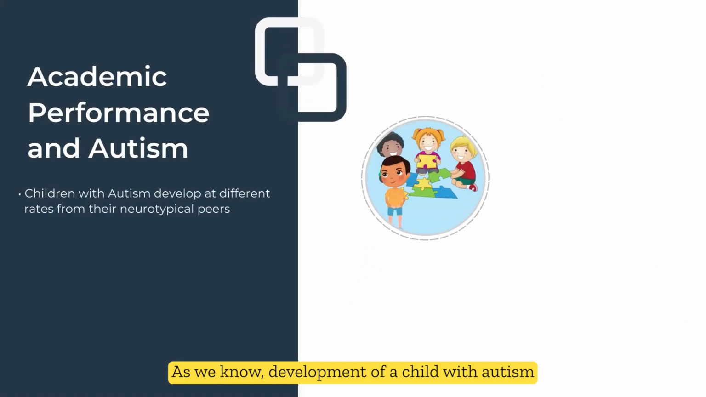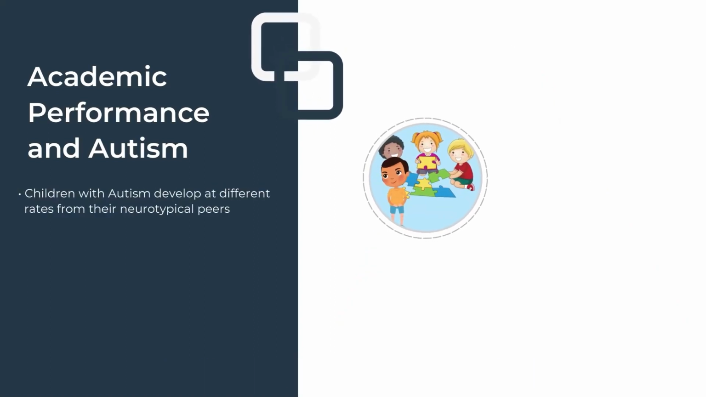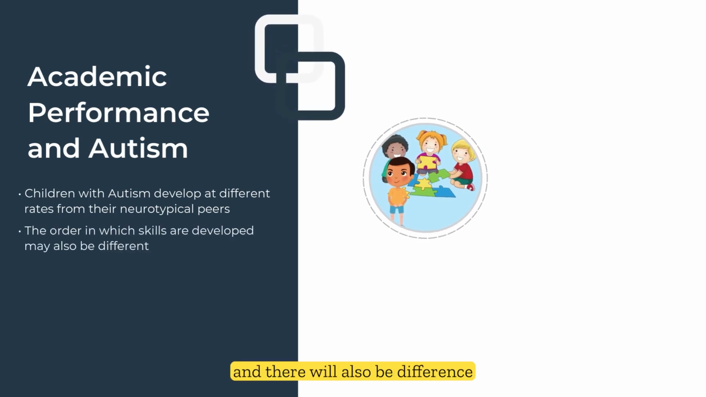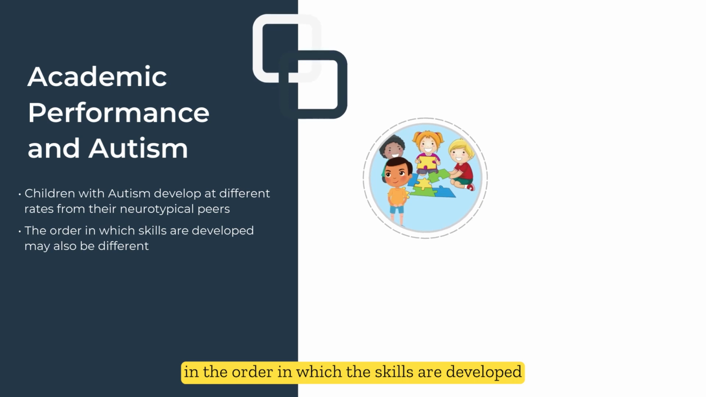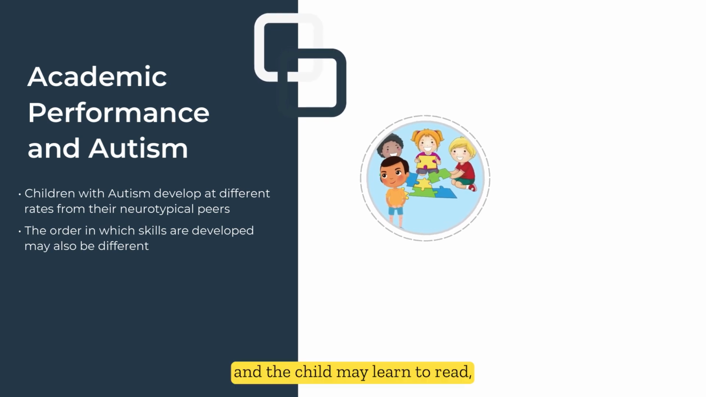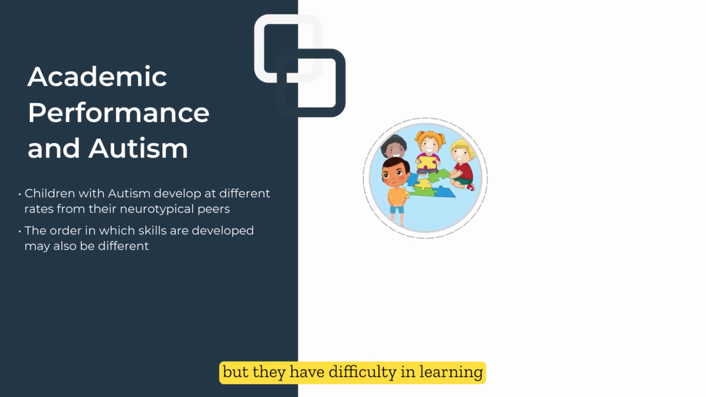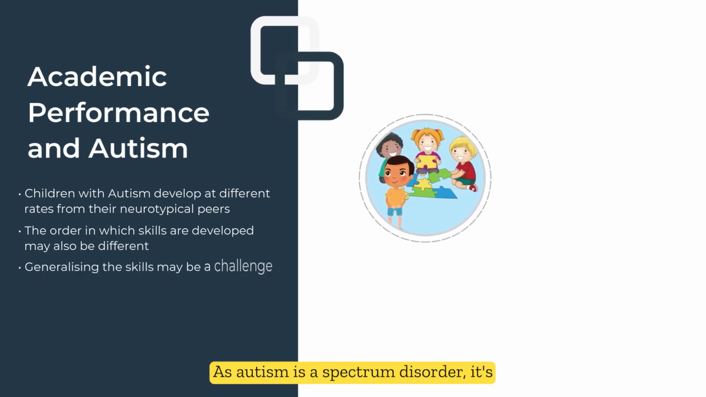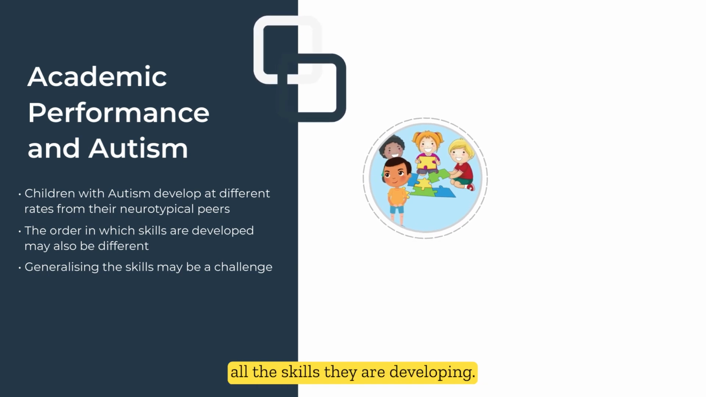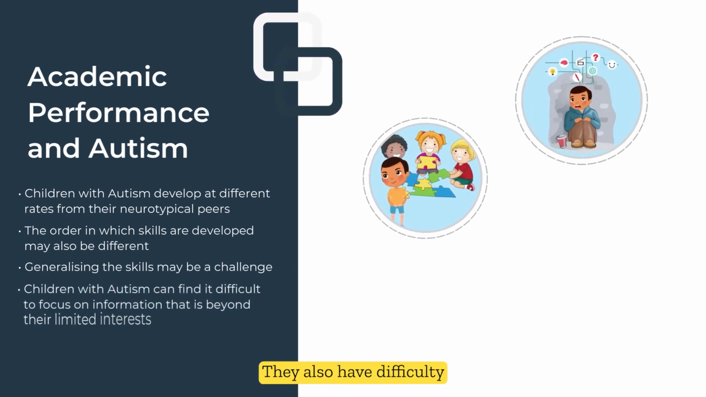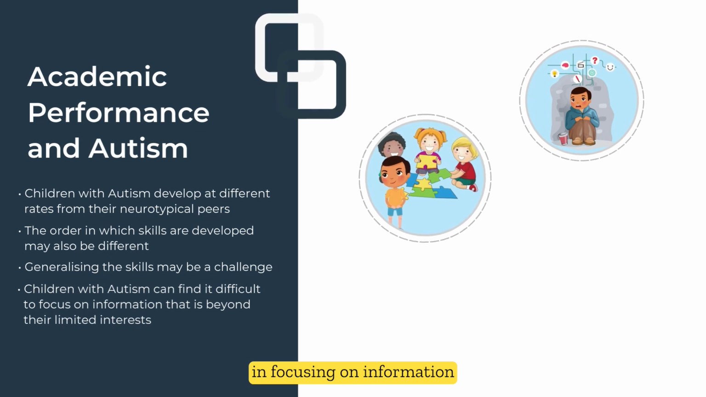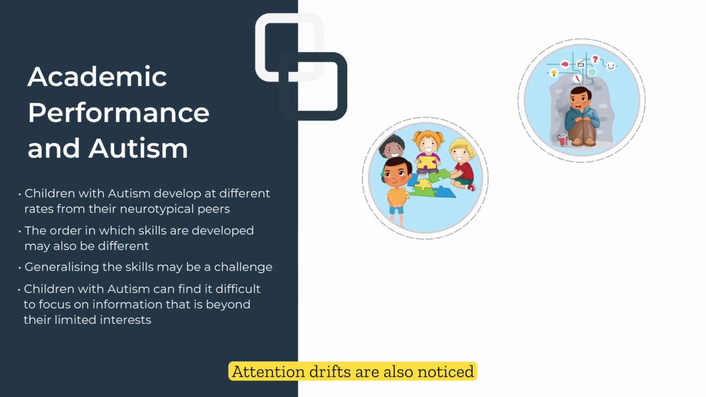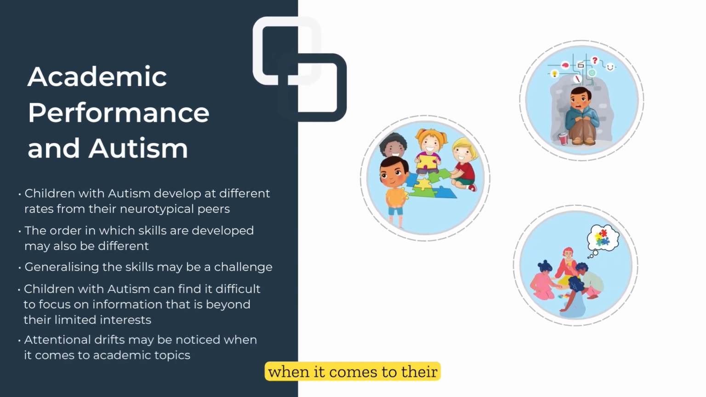As we know, the development of a child with autism will be different from the development of their neurotypical peers, and there will also be a difference in the order in which the skills are developed. The child may learn to read, but they have difficulty learning the sounds associated with their alphabets. As autism is a spectrum disorder, they are not able to generalize all the skills they have developed. They also have difficulty focusing on information which is beyond their limited interest. Attention drift is also noticed when it comes to their